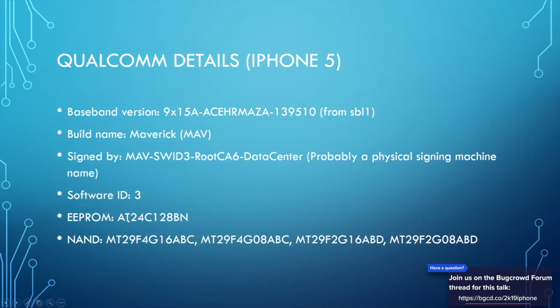You can see version numbers on the programmable ROM and the NAND, which is pretty cool because the NAND is from Micron Tech, which is what the MT stands for. Then the 29F means the 29 family of Micron Tech NAND chips, 4 gigabytes of NAND storage, 16K pages, and this is some revisions.